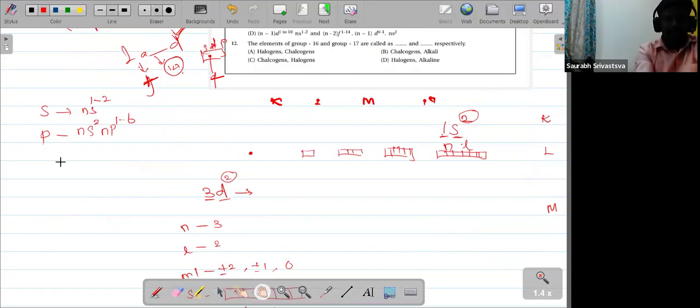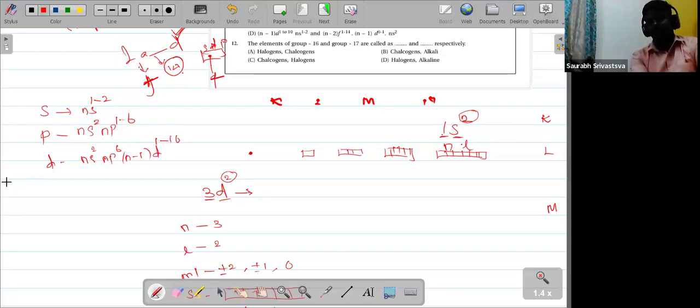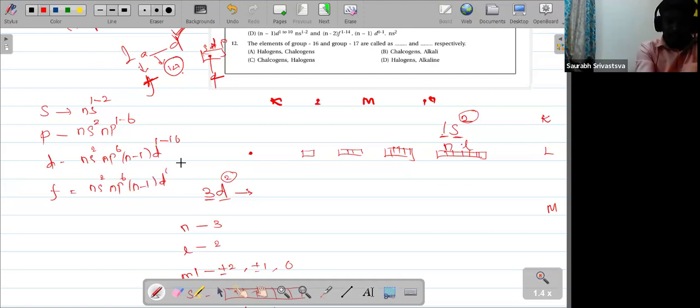Next, d-block elements have the general electronic configuration ns2, np6, (n-1)d1 to 10. So this is called the d-block element general electronic configuration. Next, the f-block element general electronic configuration: ns2, np6, (n-1)d, either it may be 0 or 1. Why? Because next element it will show either 0 or 1,